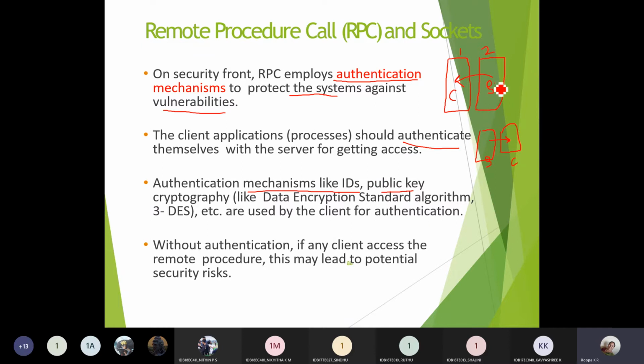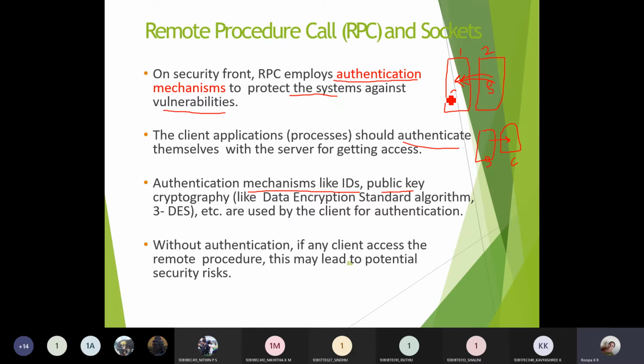And here, if this is the server, this will send a key to the client such that the communication channel can take place. So this client will verify whether the given key is correct or not, whether the communication channel can be taken place between this client and the server. If it is correct, then only the RPC channel will be established between the server as well as the client. If the authentication is not possible, then there won't be any transferring of information between these two.